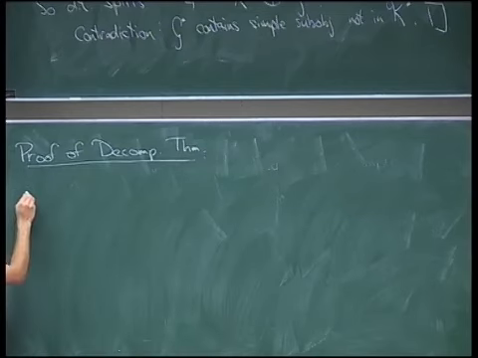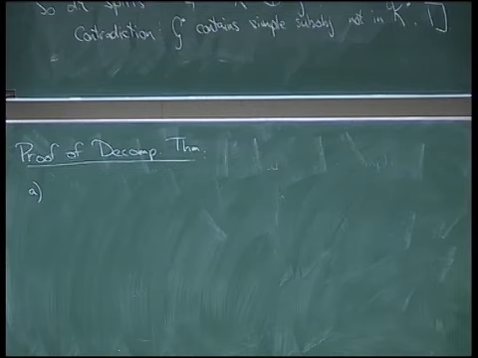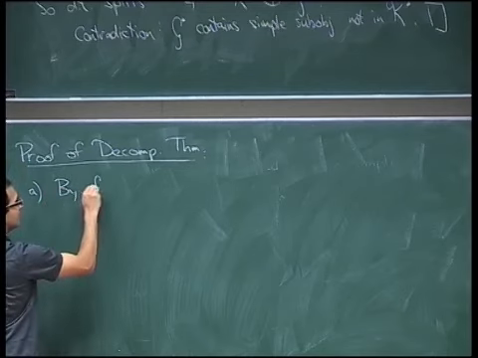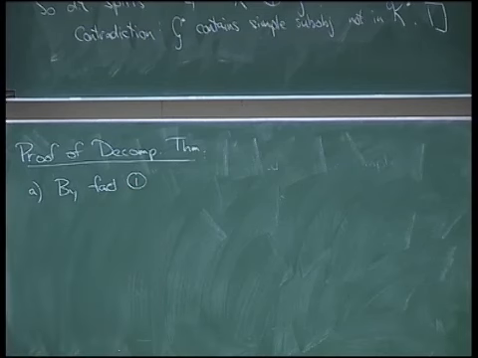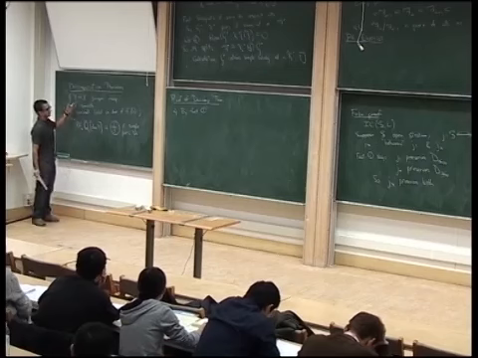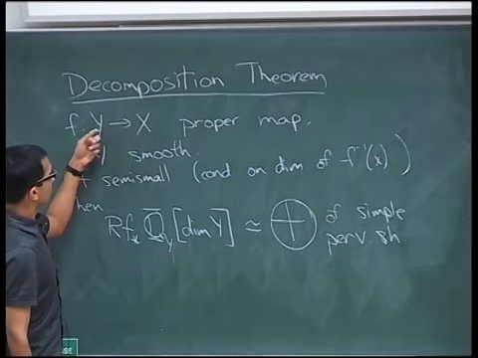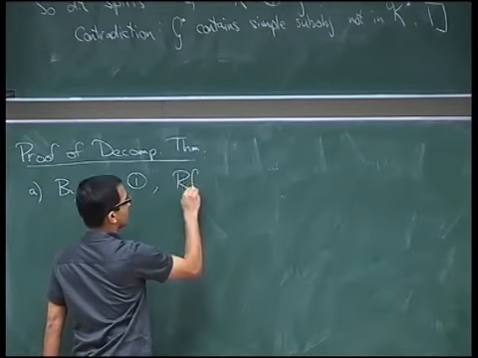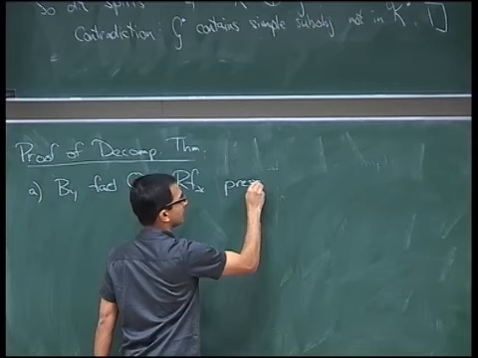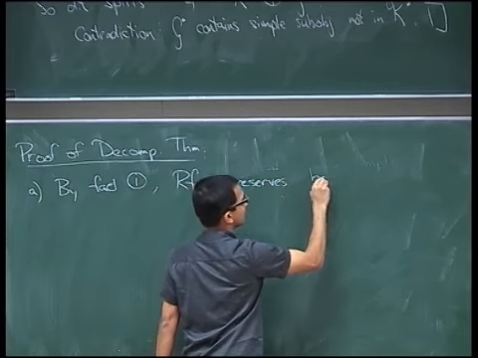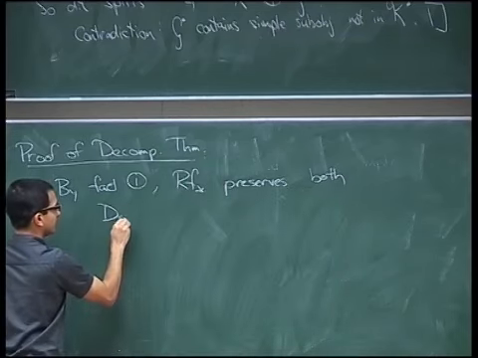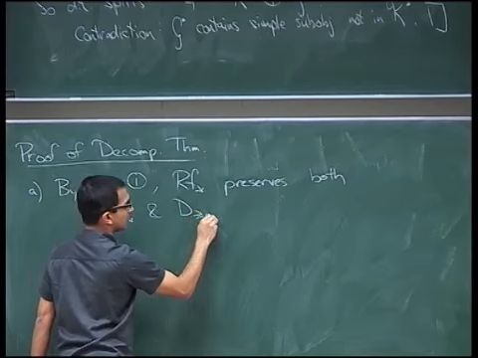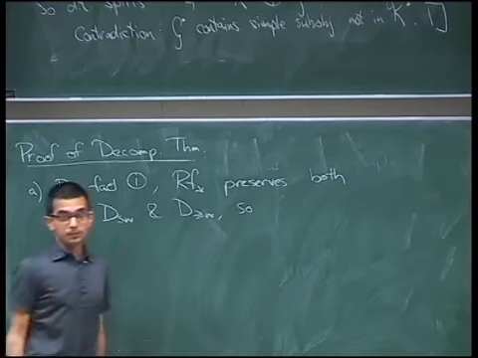Okay, so let me make a couple of observations first. So the first one is going to be that by fact one, the big theorem of Deligne on how sheaf operations affect weights, well, one thing that's contained in fact one is that push forward along a proper map preserves both kinds of weight categories. So it preserves both D less than or equal to w and D greater than or equal to w. So it takes pure objects to pure objects.